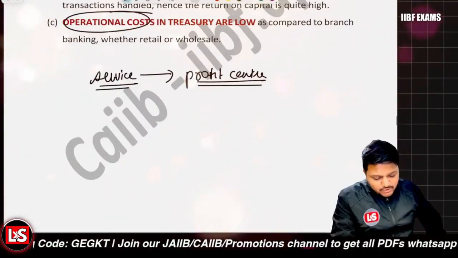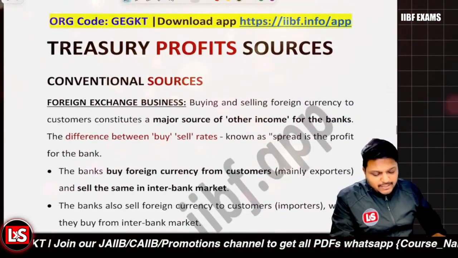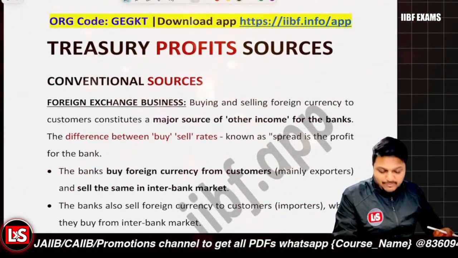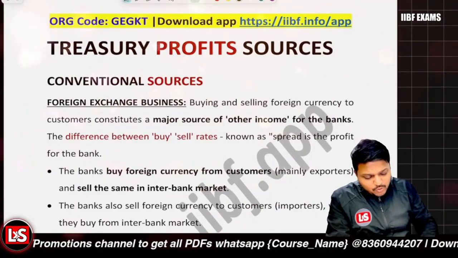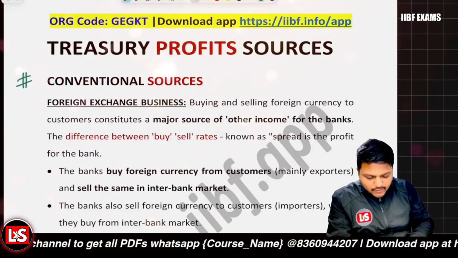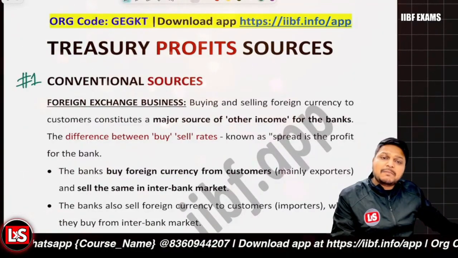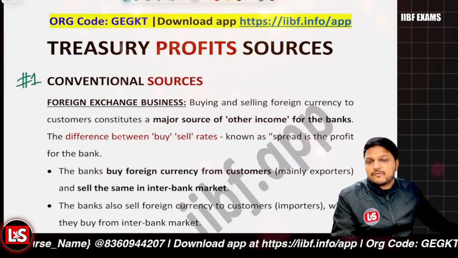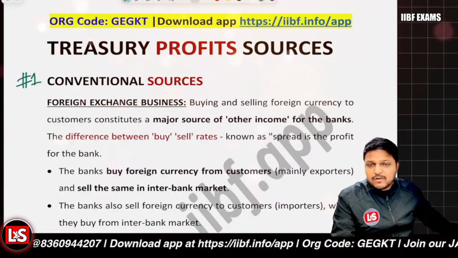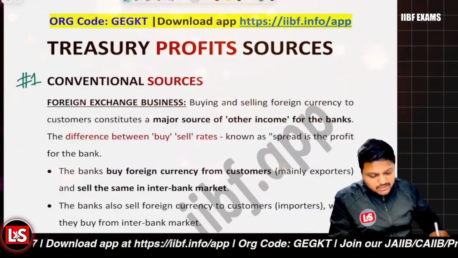So it's related to the sources of the treasury, like profit sources of the treasury. Now there are some conventional sources which we are going to learn about first of all. And also there are the contemporary sources of the treasury profits. First, when we are going to learn about the conventional sources, it's about the